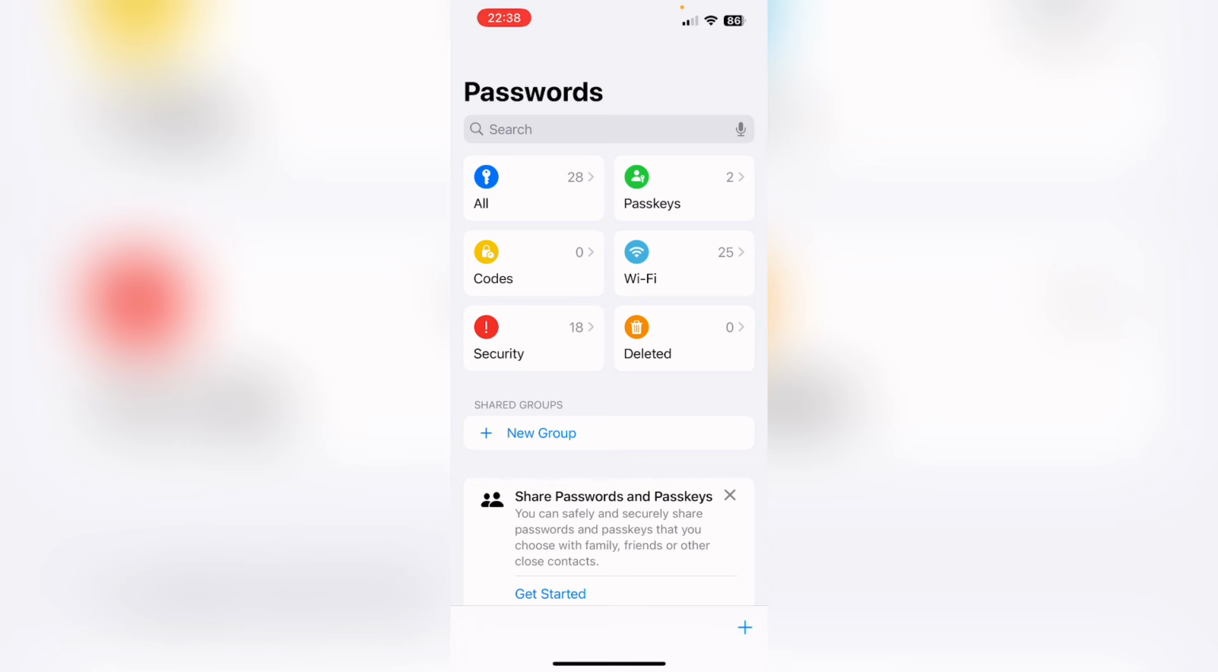So this is how you are going to use the Passwords app on your iPhone having iOS 18 or